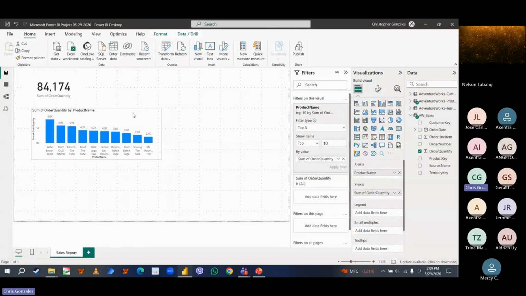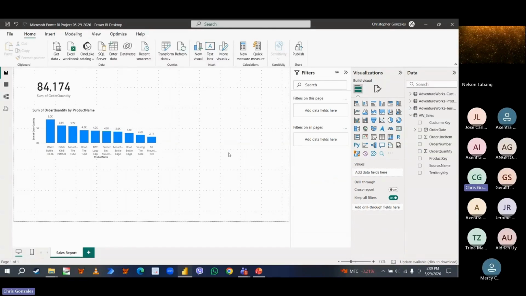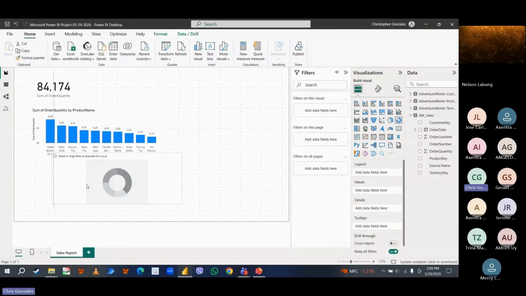And up next, I would like to add a column chart, a pie chart, or a donut chart. Donut chart over here. Sorry, here. So a donut chart related to customer. For the donut chart, these are the fields.